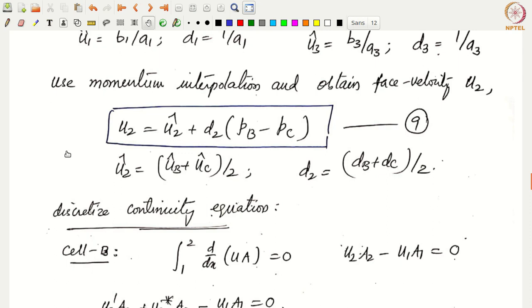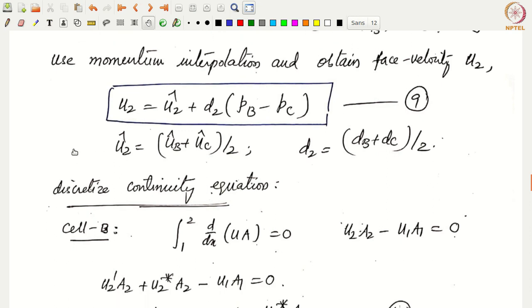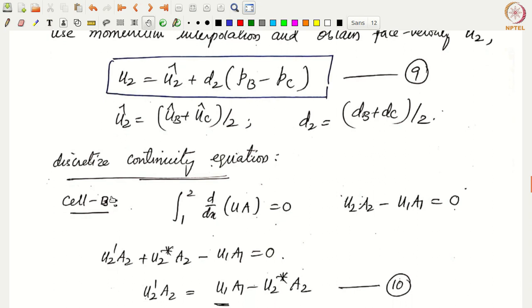Now once you have the momentum interpolated phase velocities, we can go and discretize the continuity equation. Now where do you discretize the continuity equation? In the context of staggered meshes, we were discretizing the continuity equation on the pressure cell, right? Now in the context of collocated meshes, you will discretize both the momentum equations and the continuity equation always on the single cell, that is basically the primary cell, which are cell B and cell C, because you don't have any other cell to discretize, right? Okay, so discretize the continuity equation on cell B,